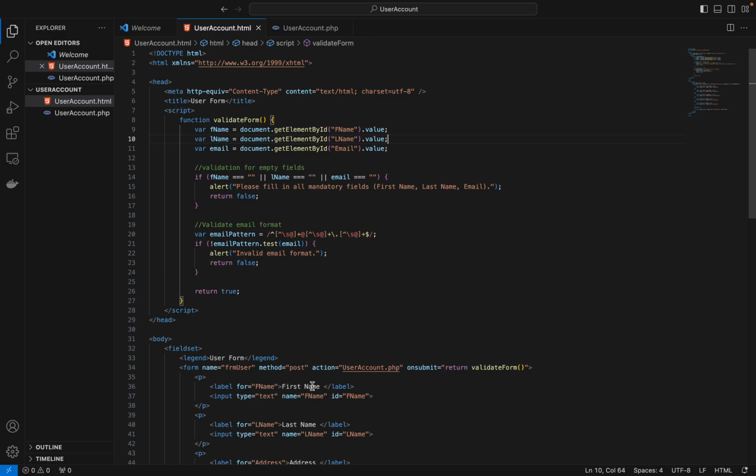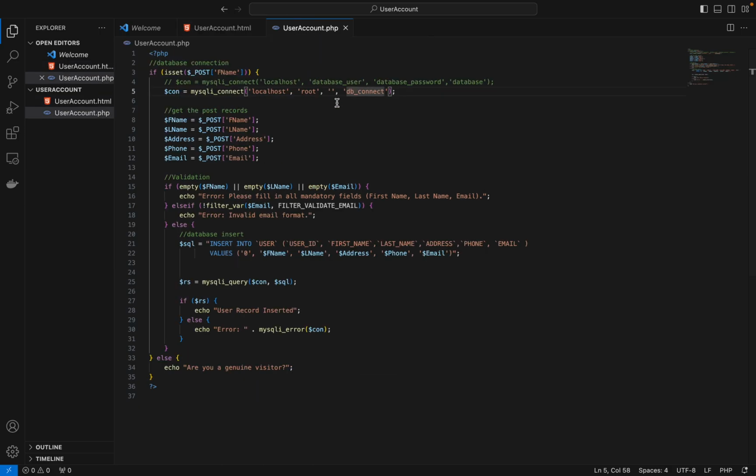And for the action, this refers to the PHP file I've created. And in the PHP file, initially I have established the database connection,